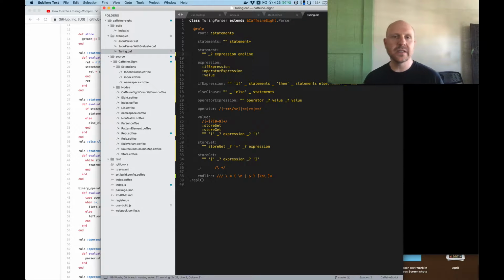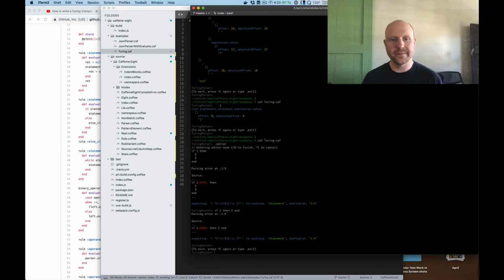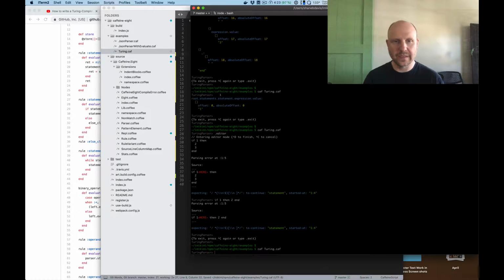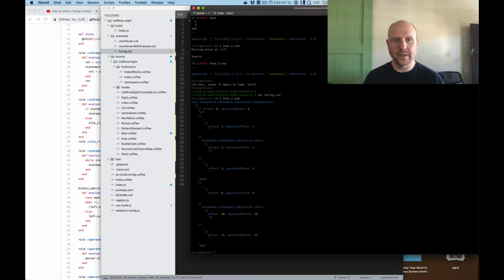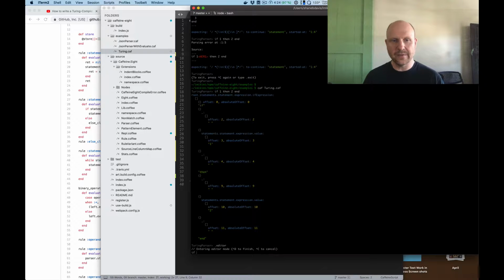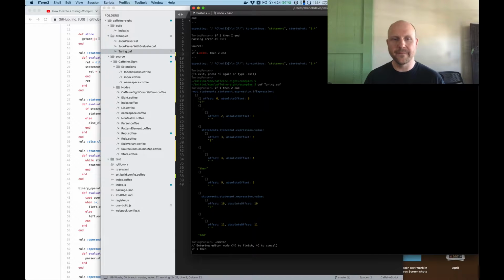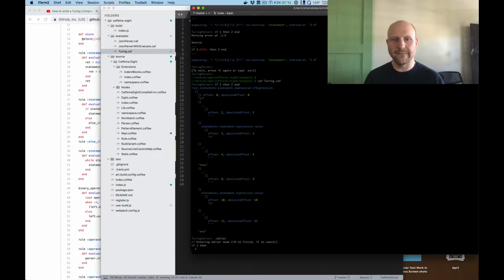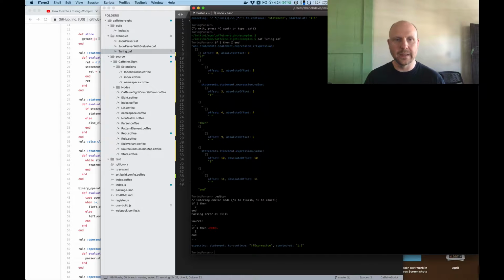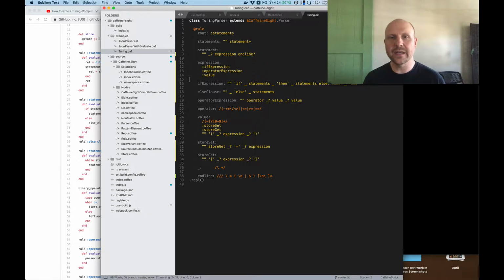What if I just made this an optional end line? If 1, then 2, end. Editor. If 1, then 2, then 2, end. Yes, thinking that might happen because